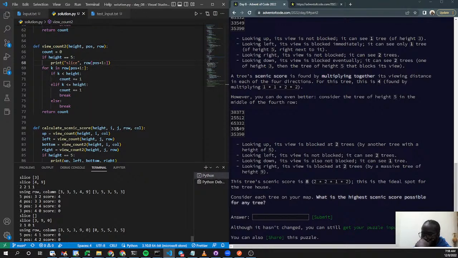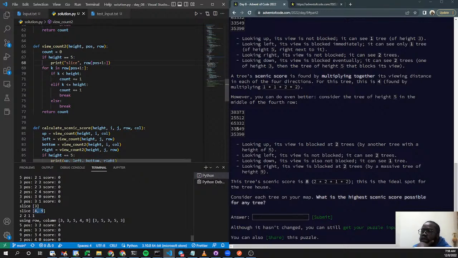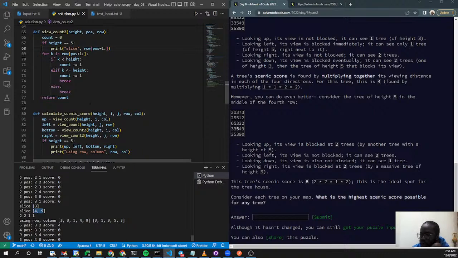Okay. So if I have 4, 9, and the height is 5, how am I, yeah, this is 4, 9. How am I not getting to, let's see, it enters it says 5 is less than,